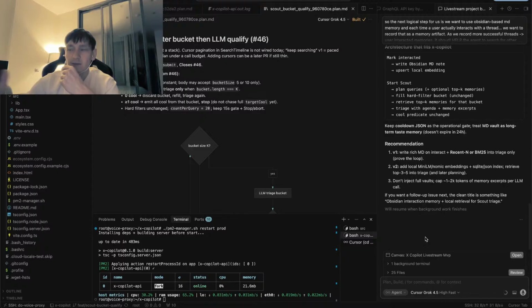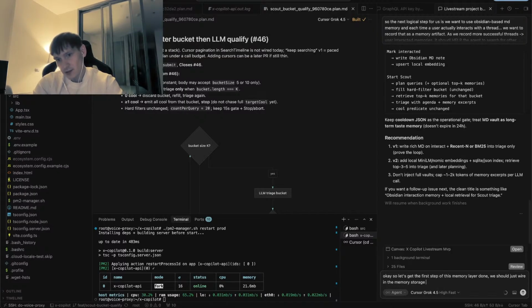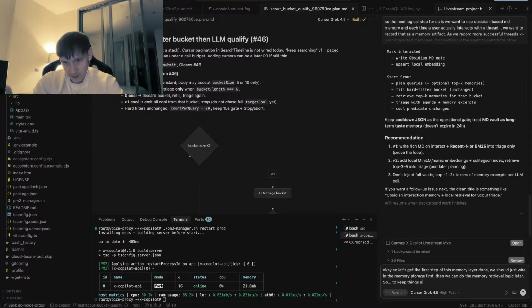And what we're going to do is, first step, we're simply going to add an option to where you mark interacted, not even add as an option, make it a requirement. When you click mark interacted, okay, so let's get the first step of this memory layer done. We should just wire in the memory storage first, then we can do the memory retrieval logic later. So to keep things simple,